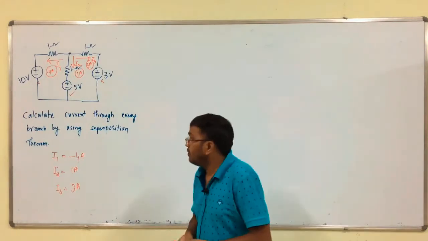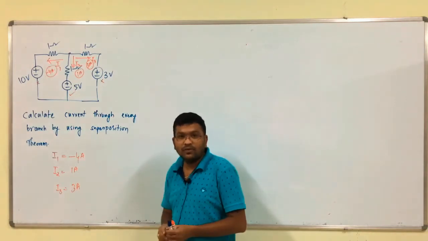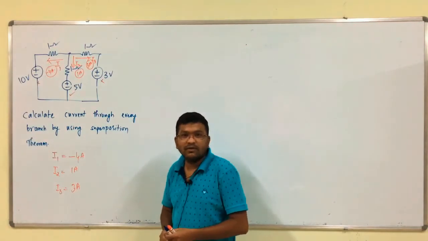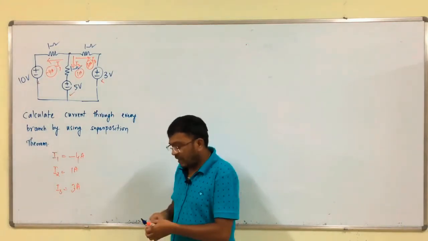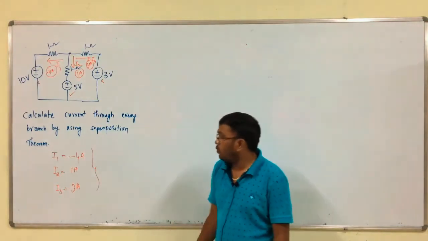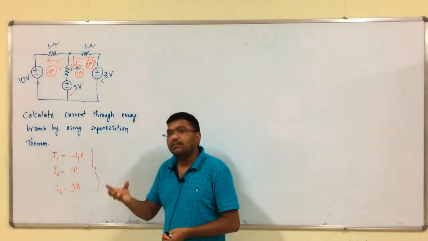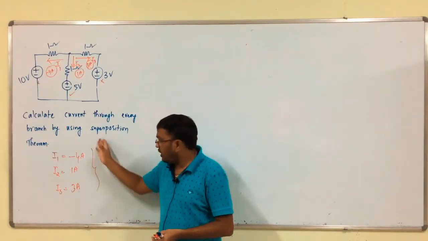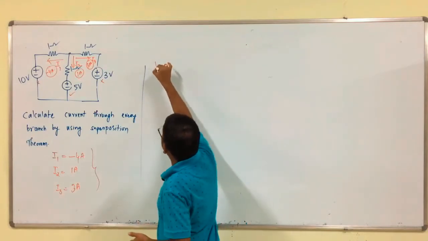Okay. We got I1 as -4, I2 as 1 amp, I3 as 3 amps from the superposition theorem principle. Now, we have to verify these values by using any one of the simple methods, those are the nodal approach or mesh approach. So, after the exam, for example, if you got these values -4, 1, 3 amps, but you have doubt whether these values are correct or not, then there is a simple trick. You have to spend just 2-3 minutes of time to verify these answers. Okay? Now, we have to verify these answers, that is verification.